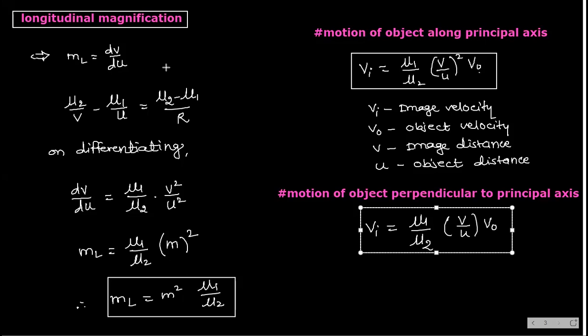तो यहाँ पे हम लोग रुकेंगे. So what we have learned today, you see, we have learned refraction at curved surface, then magnification, then longitudinal magnification, and after that, motion of object perpendicular and along the principal axis. ठीक है, एक बार revise करो, and yesterday's paper also you see once. Okay, solve those problems. So let's stop here for today.